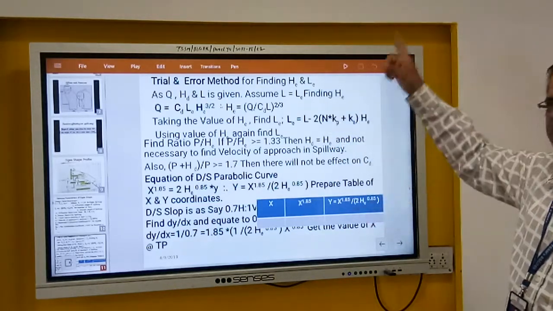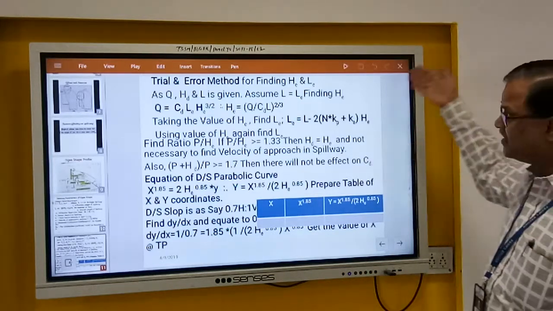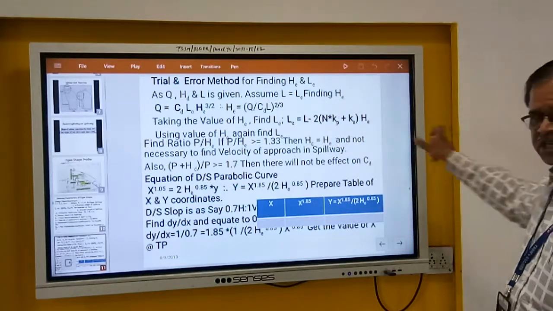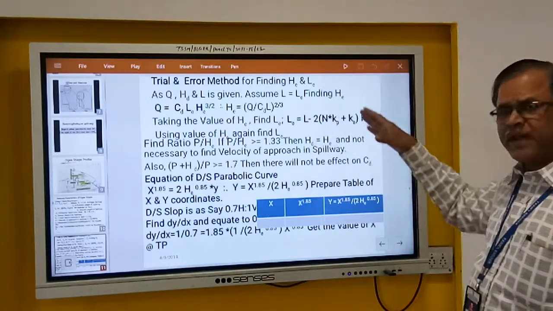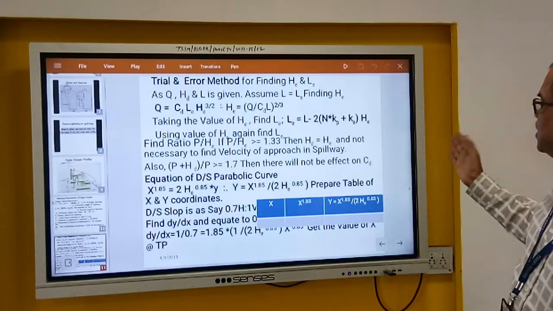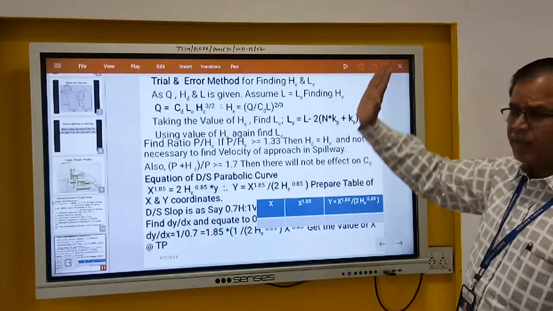Then from He, we check whether the velocity of approach is to be considered or not, and then we will go for finding the HD. Finally, HD will be considered for calculation of the parabola, circular curve, and all these things. So this is just simple. We have to take, from the origin where the parabolic curve is starting,